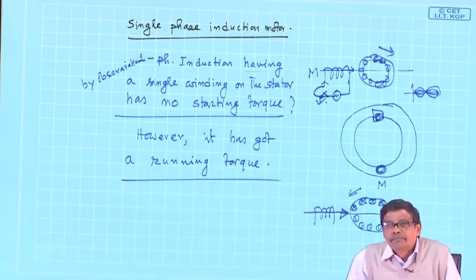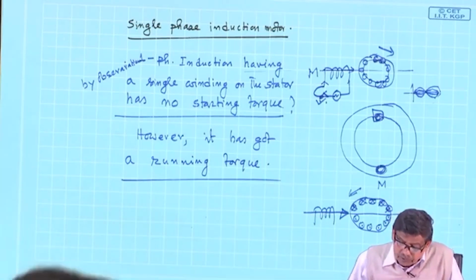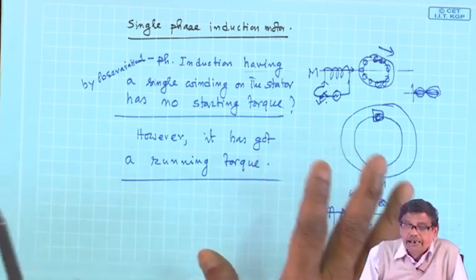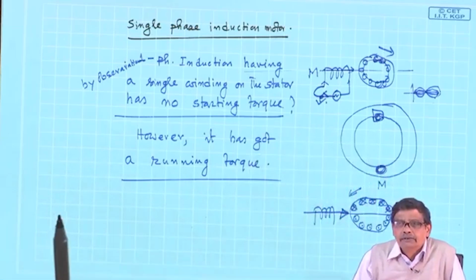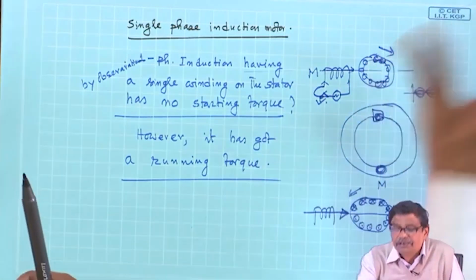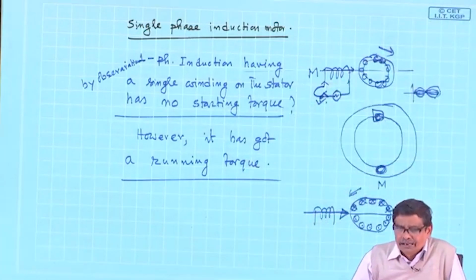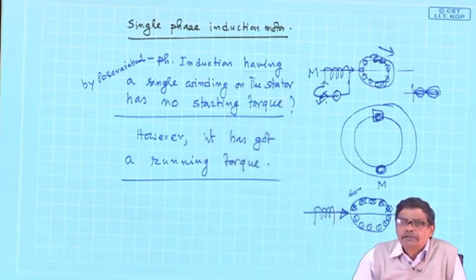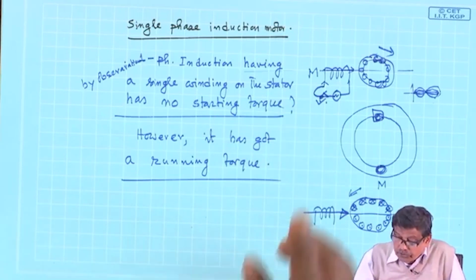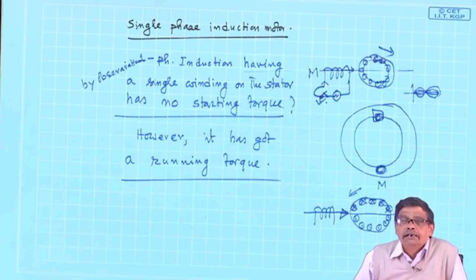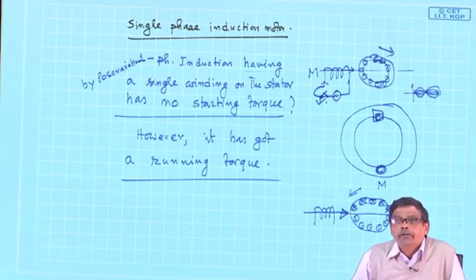That is the thing. Therefore, it looks like a single phase induction motor, to make it work, there is no technical solution where you give a spin by hand or by some external agency. There is a motor, you switch on the supply, it must run. That is the whole idea. Therefore, you must do something with this motor so that it is capable of producing the starting torque as well,